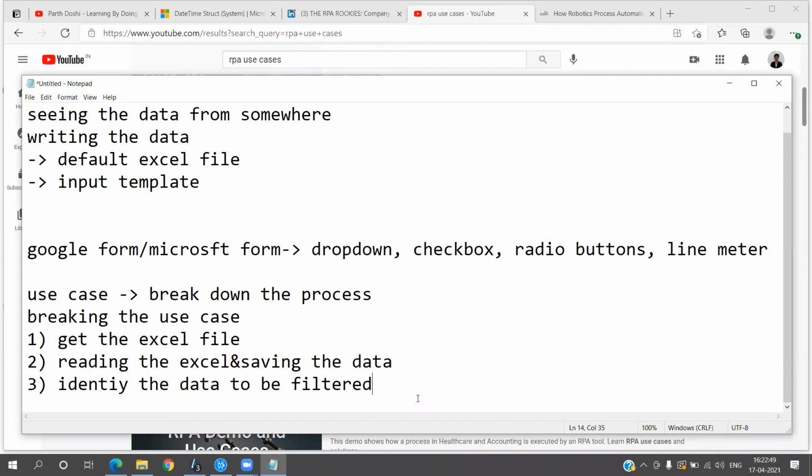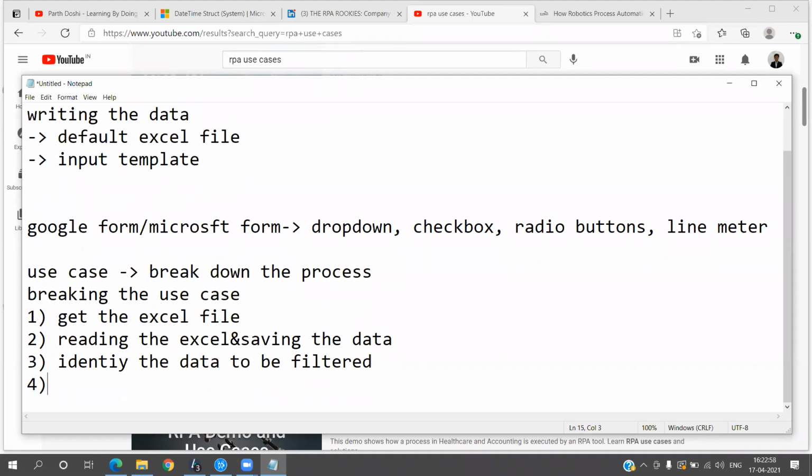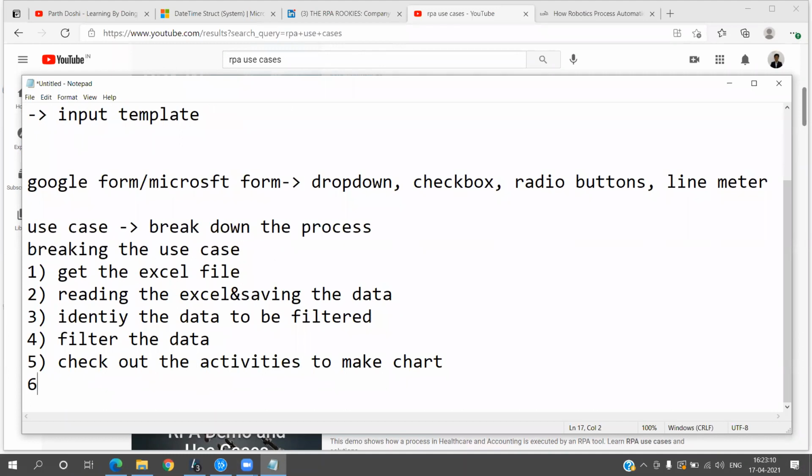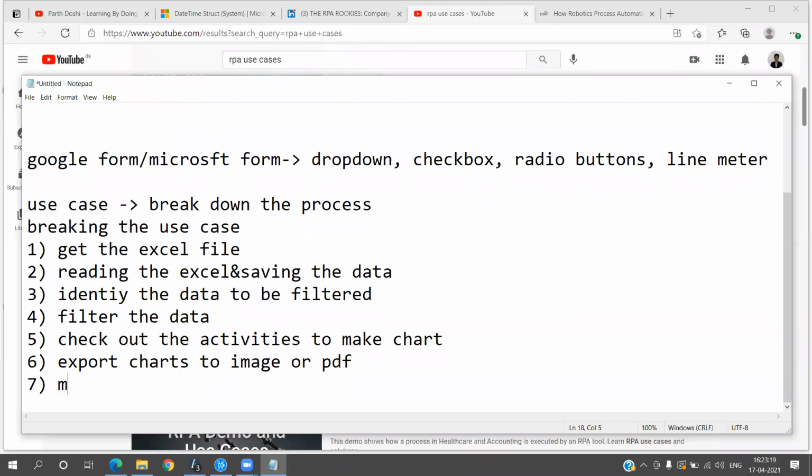Now once you have identified it, what you have to simply do is filter the data. Fourth one is filter the data. Fifth step is check out the activities to make a chart. Sixth is export the chart to image or PDF. And the seventh one is mailing it out.